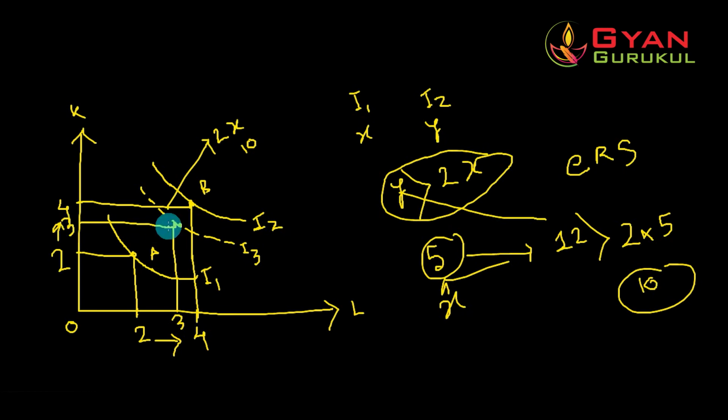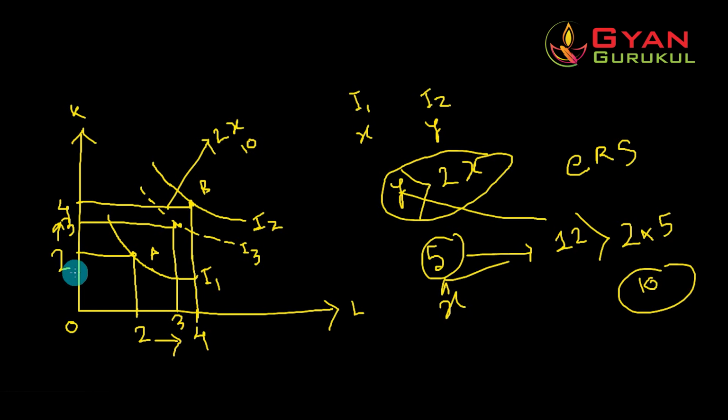Now when you increase from 2 units to 3 units, there is not a 100% increase in output, there is a smaller increase in output. That is why we are talking about when we increase the factors by twice the amount, or by 100%, and we get an output level which is greater than twice the initial output, right?